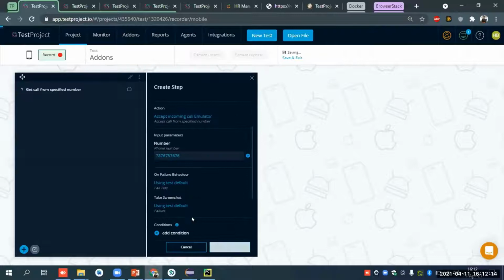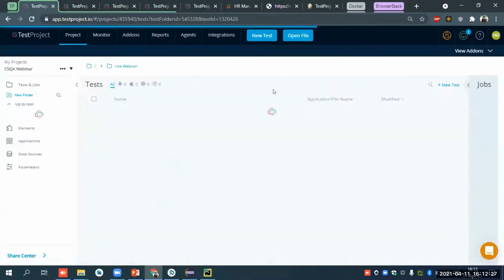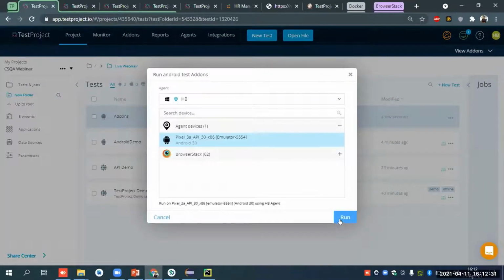Okay, and create. Okay, so what we are doing right now here is we are simulating a call for a number, and then we are accepting that call from that specific number. Okay, we can save and exit, and we will run it on our emulator.